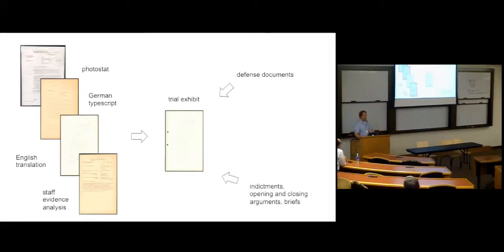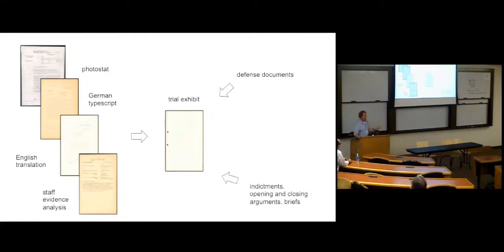It came in 4 versions of the same document in each case. So they took a picture of the original document, the photostat picture. Then from that photostat, they transcribed the text into German and made it available in TypeScript format. There was an English translation made of that TypeScript, also made available as TypeScript. And then there was a staff evidence analysis conducted by one of the staff members at the tribunals